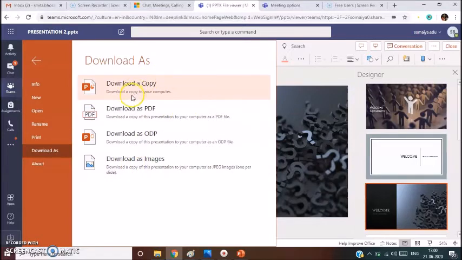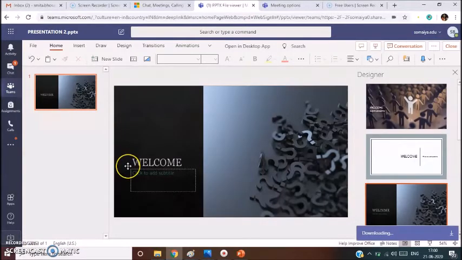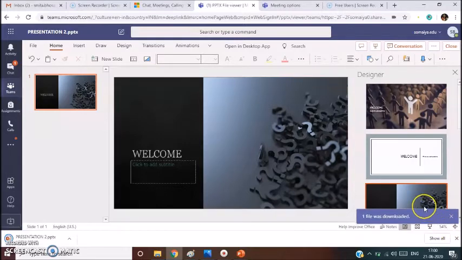So now at present I download as a copy. Very soon it will start downloading. So here you can see the message. The one file is downloaded. You can see the downloading here.